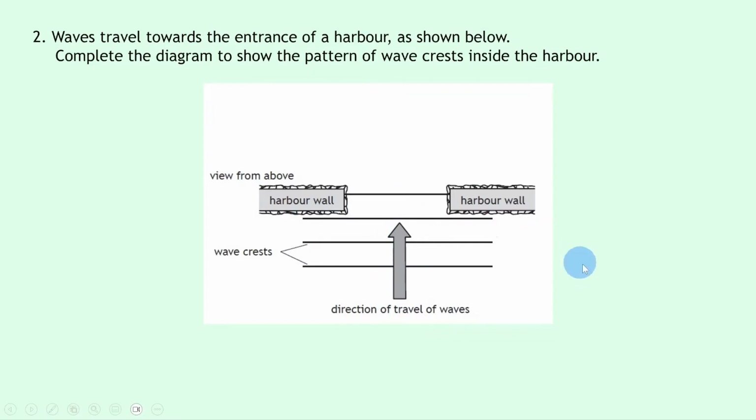And so for this diffraction diagram, again we want to keep the spacing between the wave fronts the same to show that the wavelength is constant. However, because the waves are passing through a gap, it's not just going to be one end that's going to be curved, it's going to be both ends of the wave fronts that become curved. And again we're going to show increasing curvature as we get further away from the gap. So you would want to sketch something like this,